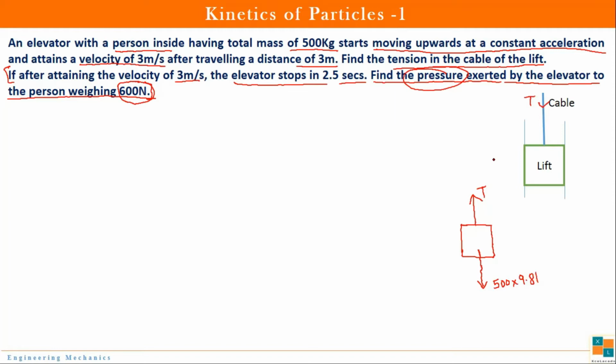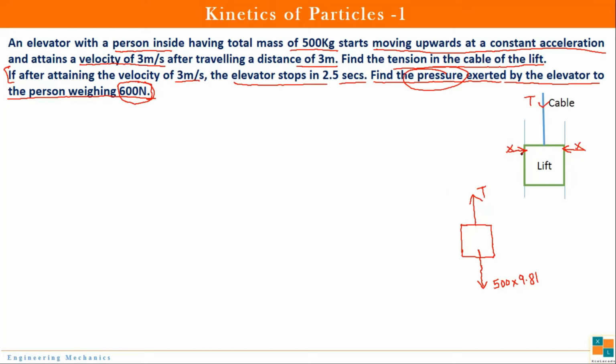Next is reaction from contact surfaces. Now you can see there are two contacts, one on the left side and one towards right side. If I make the reaction of this contact, it will be like this. And if I make the reaction for this contact, it will be towards this side. And as the surfaces are same, this reaction will also be same and will cancel out each other. So we don't need to show it on the free body diagram.